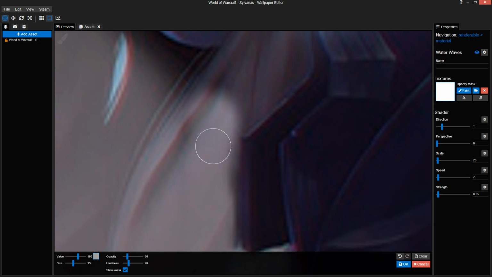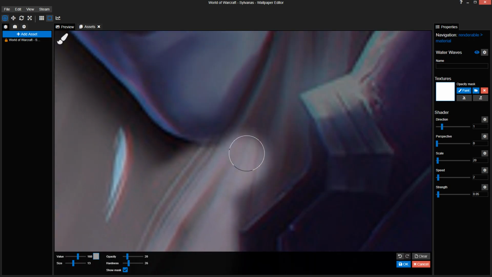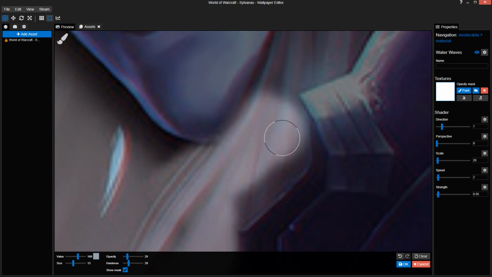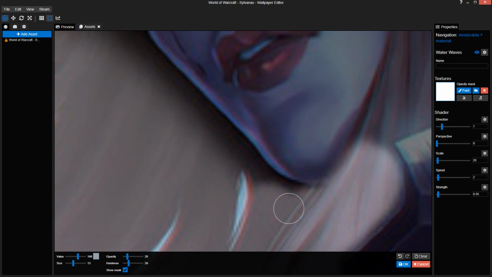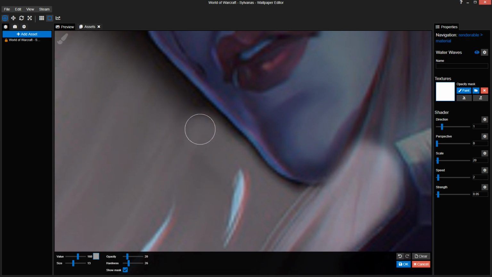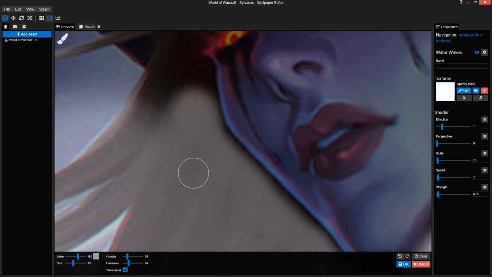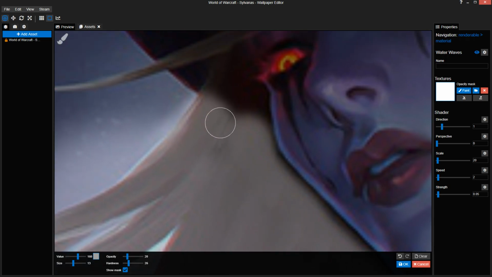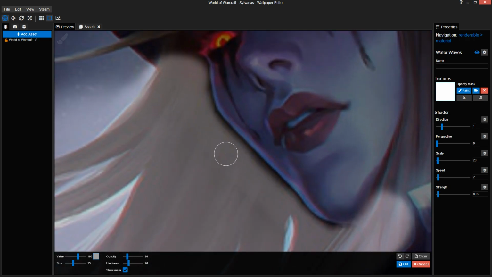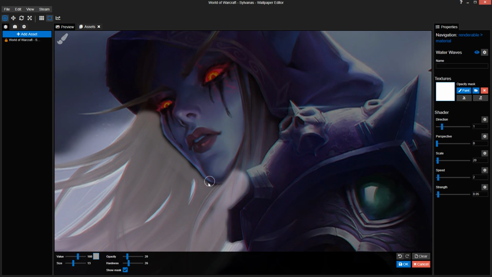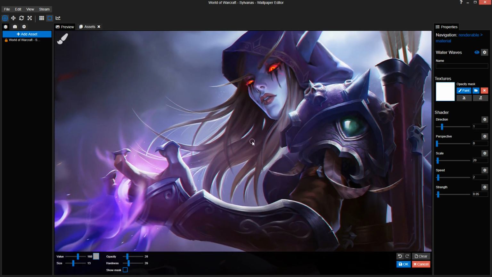I want this moving as well. See, a bit more to the face. That's looking better. Alright, so now we've got our basic hair movement.